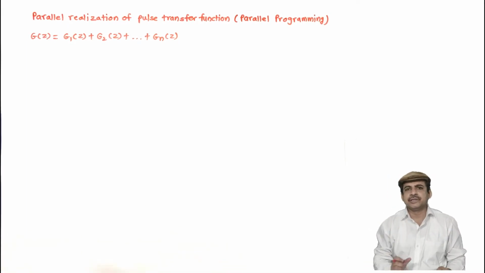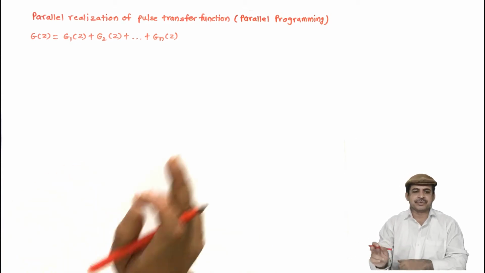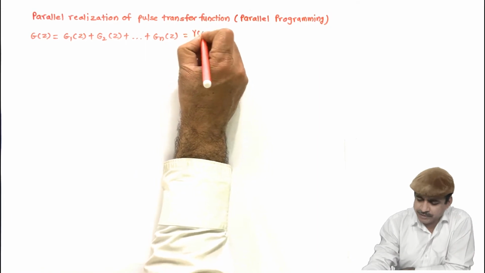What you need to do is decompose the denominator into the pole factors. Now if there is a complex conjugate pole pair, then in that case you have to keep the second order factor. Otherwise all factors will be the first order factors, and then we have to find out their partial fractions and realize them. And then let this be equal to say Y(z)